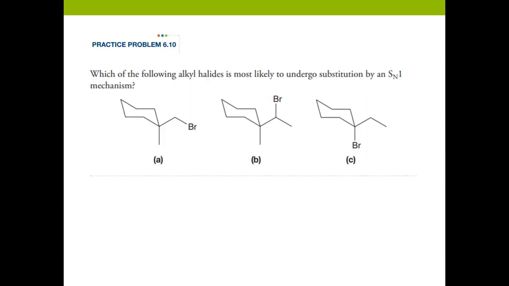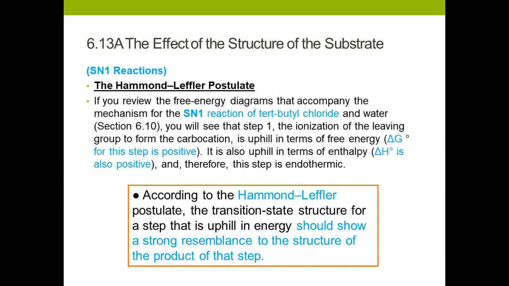So let's see, before we end, there is the Hammond-Leffler postulate. If you review the free energy diagrams that accompany the mechanism of the SN1 reaction of tert-butyl chloride and water, you will see that step 1, the ionization of the leaving group to form the carbocation, is uphill in terms of free energy. What do I mean by that? It's uphill, it means it's positive. So in this term we can apply that delta H is also positive. So according to the Hammond-Leffler postulate, the transition structure for a step that is uphill in energy should show a strong resemblance